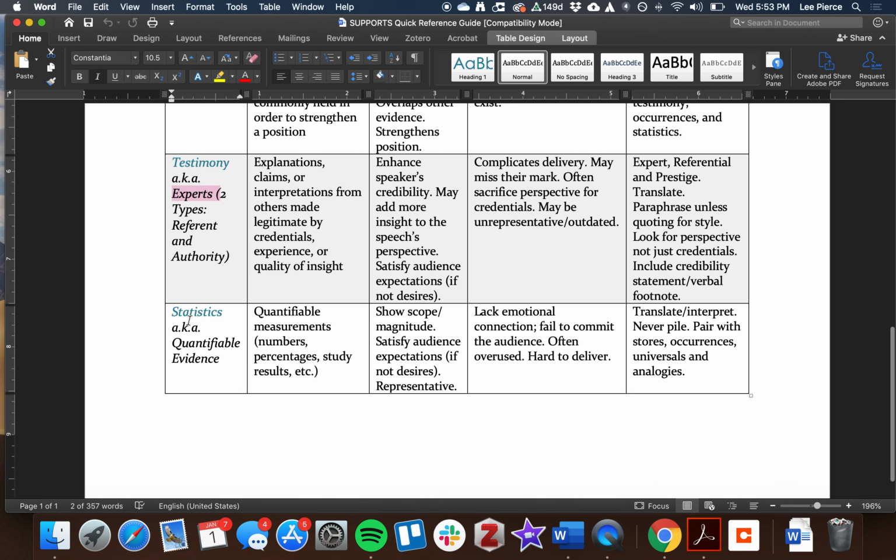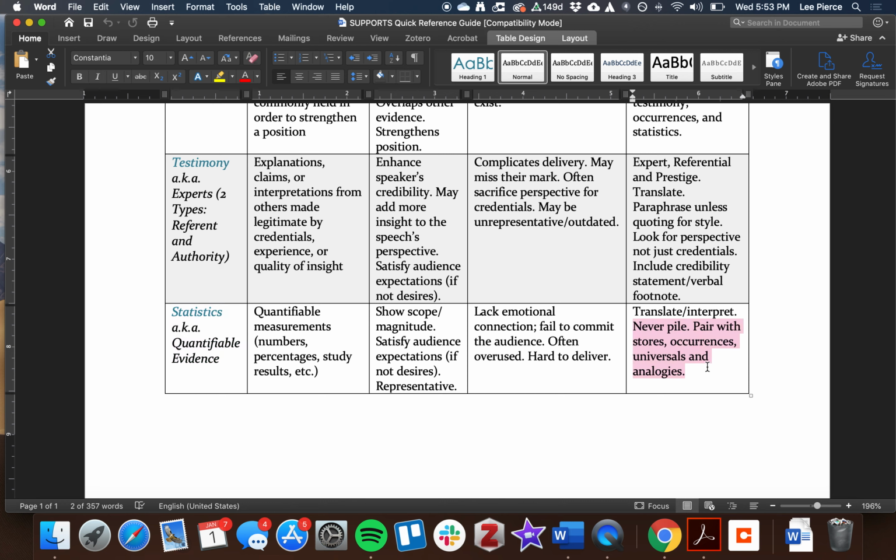And then, of course, you have statistics. So I don't love statistics for a speech to self-introduction. I think they're real stiff. But I don't know. Maybe you have a really great statistic from your personality test. Or maybe you have some kind of something with numbers or studies or percentages that you want to use. That's fine. The big thing with statistics is that you need to